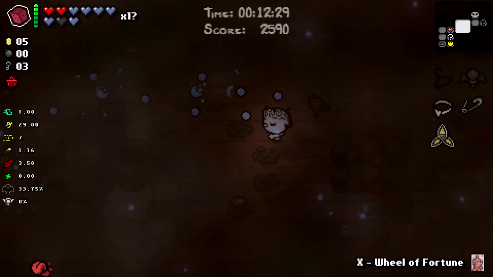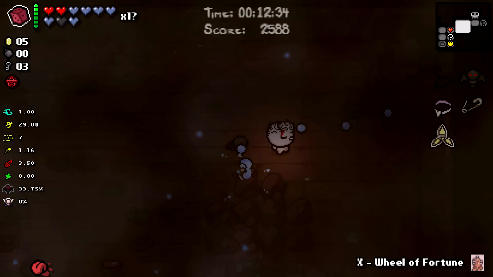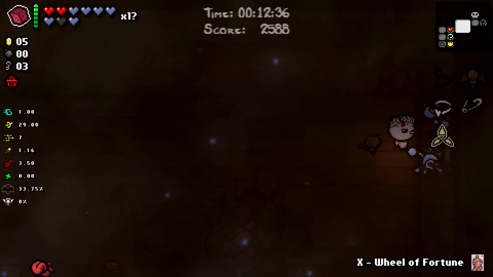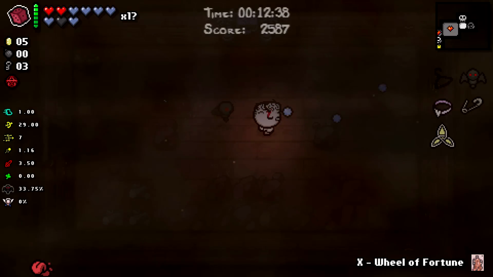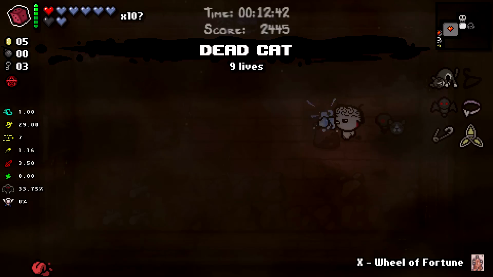Let us continue working. And what did we have in our... That's right, we need to go pick up 9 lives. For sure. And then we can go re-roll Robo-Babby, and that'll be great. And how much money do we have? We still have only 5. So...